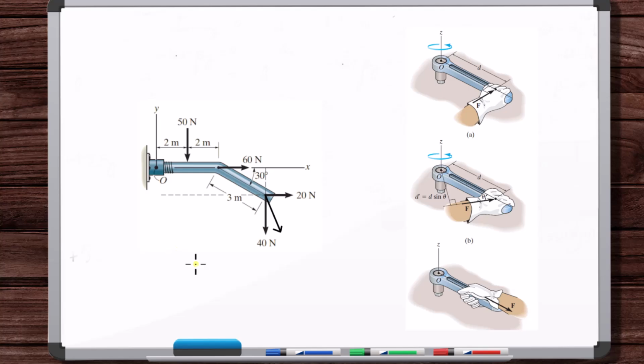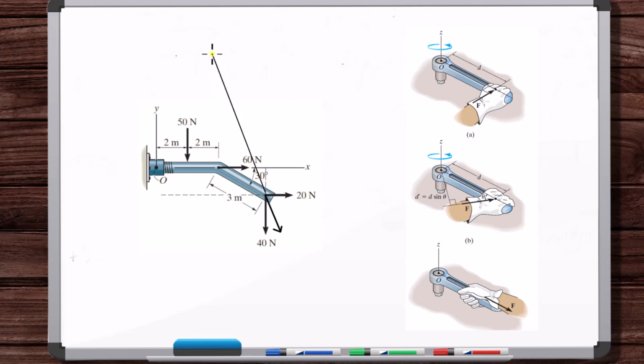But when you think about the official definition of the moment, what you're doing is, if we took R cross F of this force here, so we drew a position vector from O to here, and got it as a vector with I and J components, and then got this force as a vector with I and J components, right? There's no Z components. What that's giving you is, if we extend the line of action of this force,